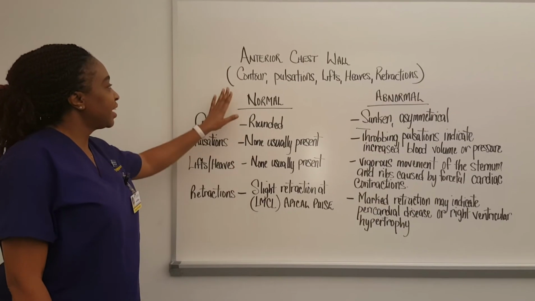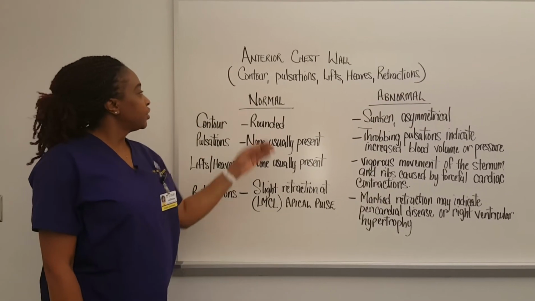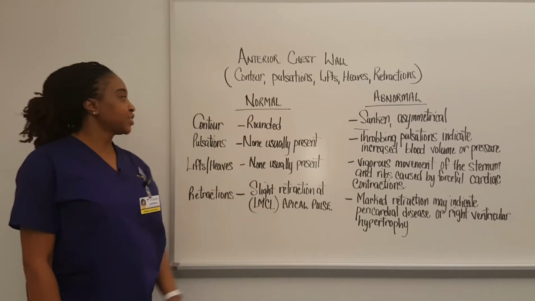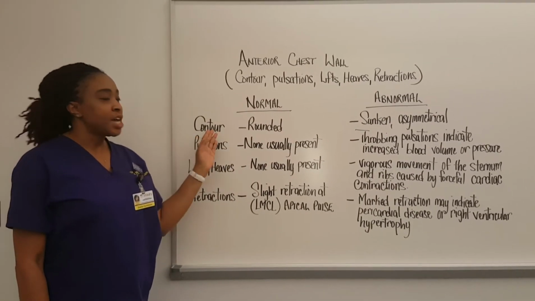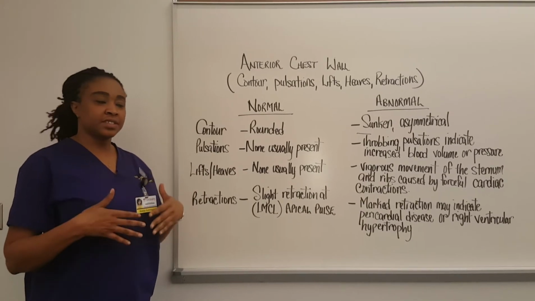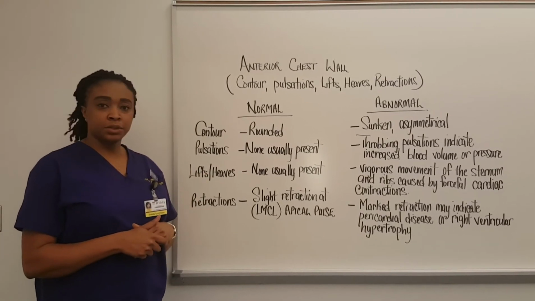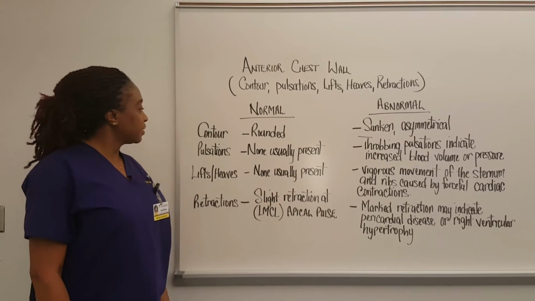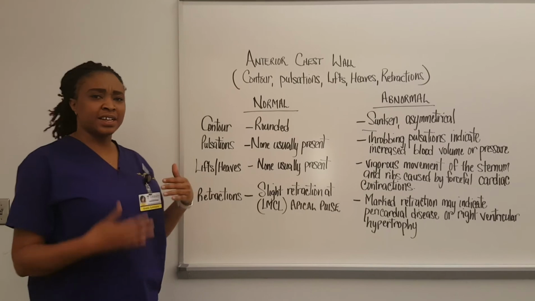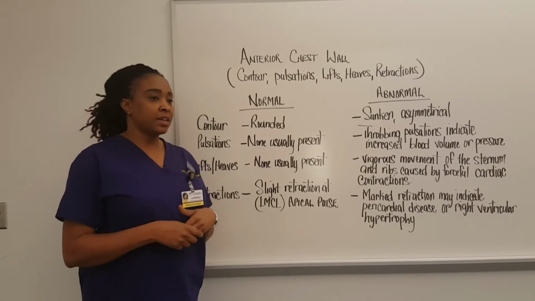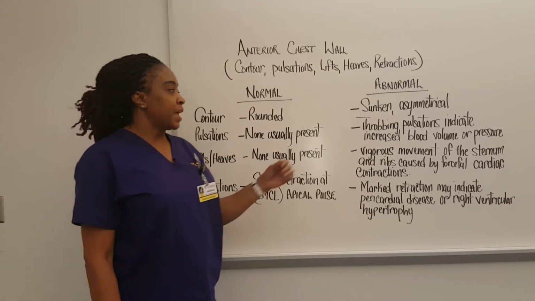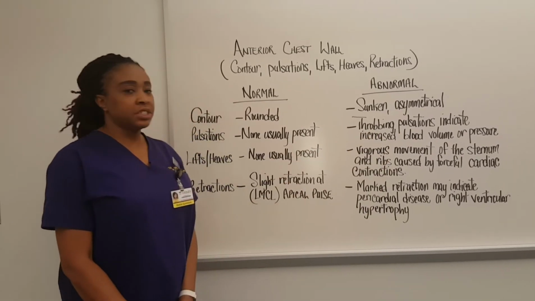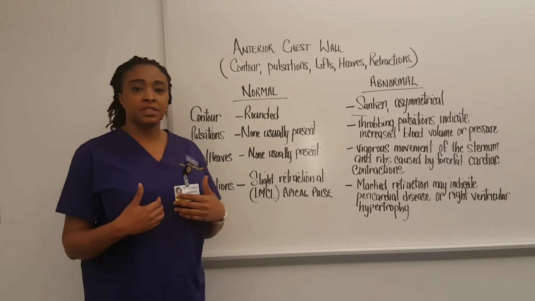So when looking at the anterior chest wall, you look for contour, pulsations, lifts, heaves, and retractions. For contour, a normal finding would be that the chest is rounded. Abnormal would be if it's asymmetrical or sunken in any way. Pulsations, a normal finding is that you don't usually see any of those. Abnormal would be that there's throbbing pulsations, and that usually indicates that there's an increase in the blood volume or